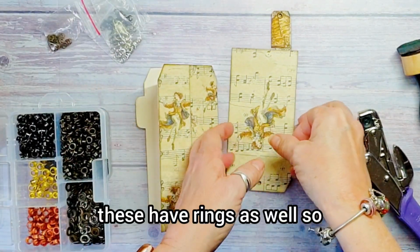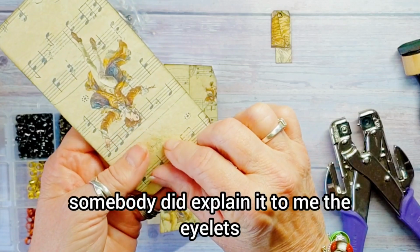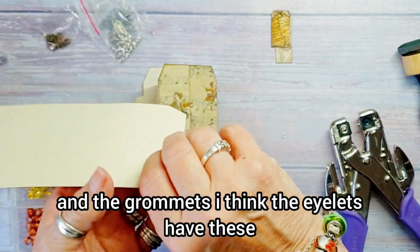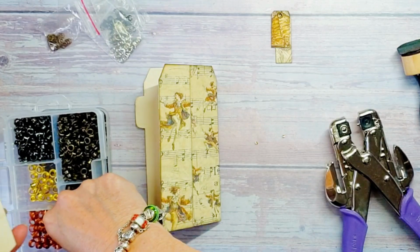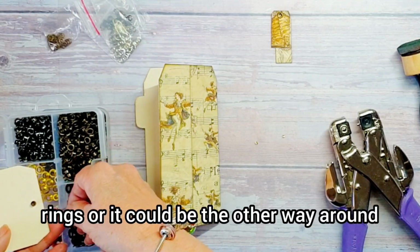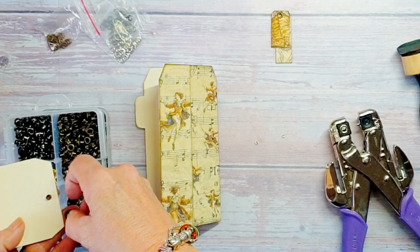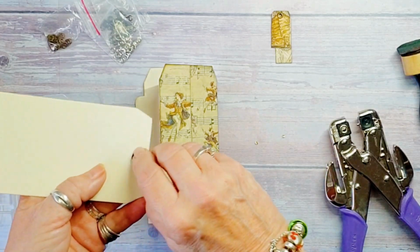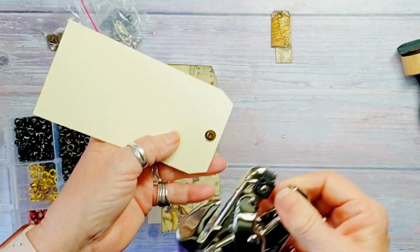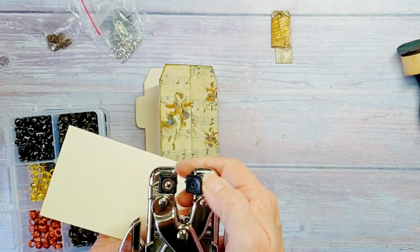These have rings as well, so somebody did explain it to me, the eyelets and the grommets. I think the eyelets have these rings, or it could be the other way around. Now these aren't as tight fitting, so I need to change my